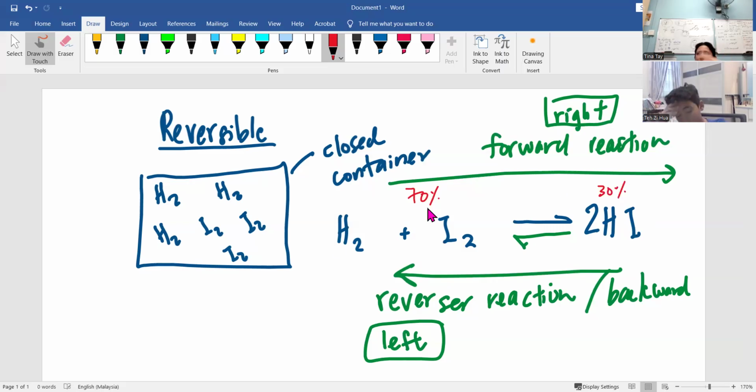It switches forward, backward, until it becomes 70 and 30. After a long time, it doesn't change from 70 and 30. There is still forward reaction and reverse reaction, but it maintains at 70-30. This means it has reached an equilibrium,